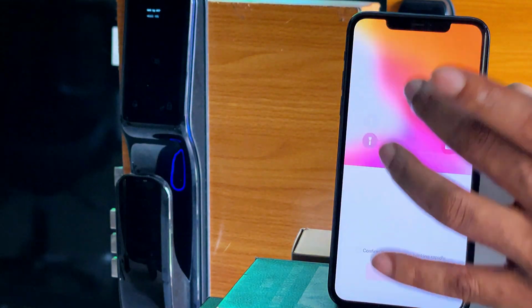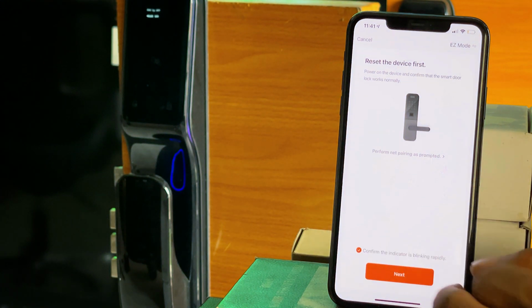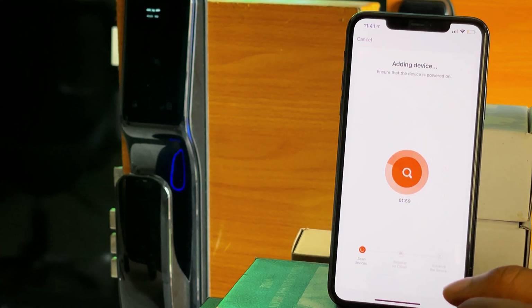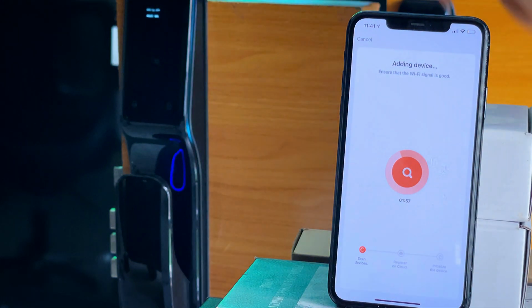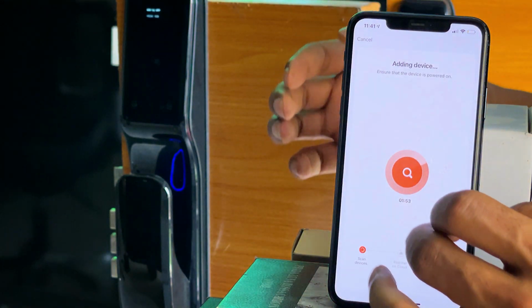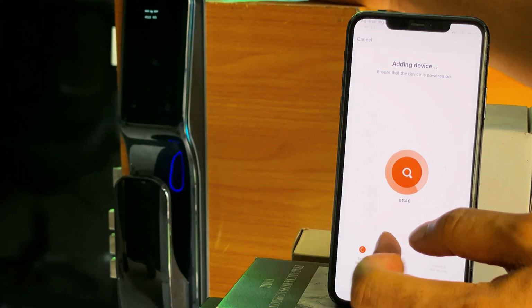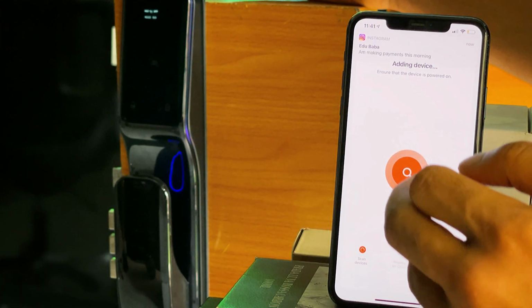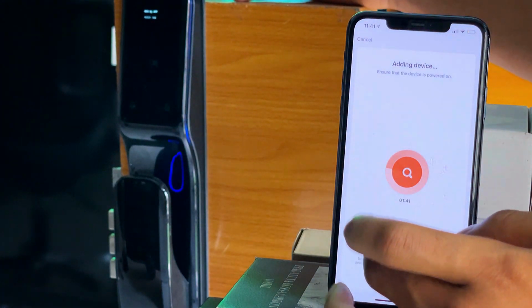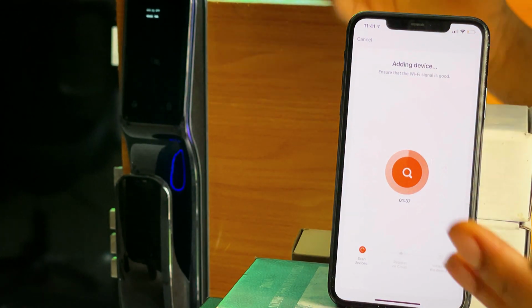While it's counting down, you come back here, you click on the dot sign, confirm the indicator is blinking rapidly. Then you click on next. It will start looking for this device. Then it will take some seconds to connect to this device. You can see it's counting down. It will take some seconds for it to connect to pair with this device, and once it pairs, you can unlock from anywhere you are